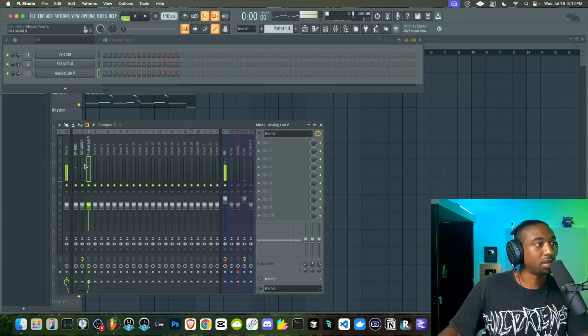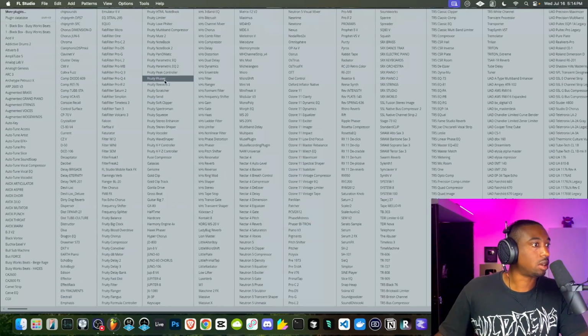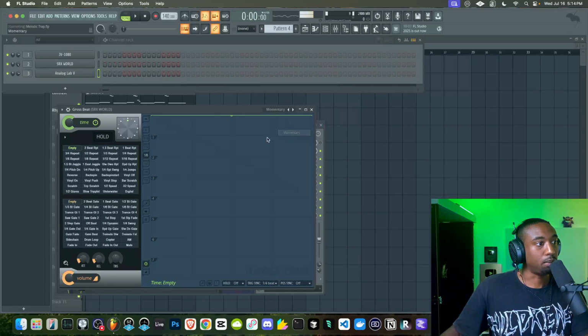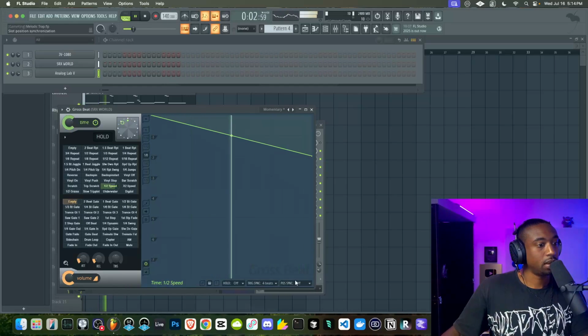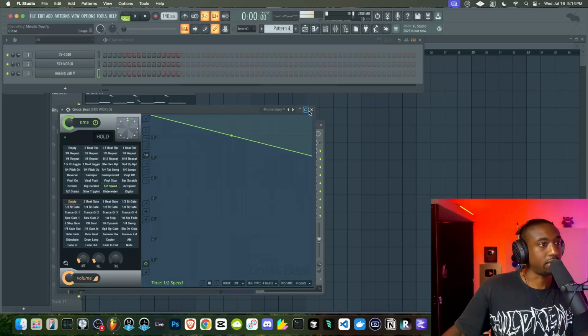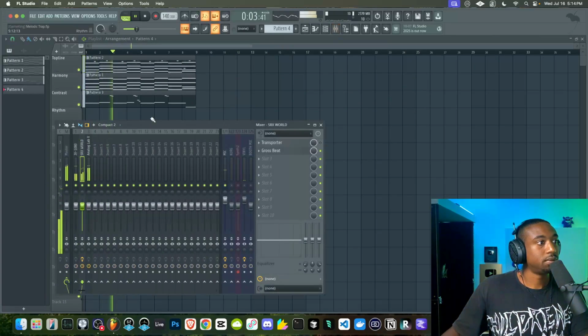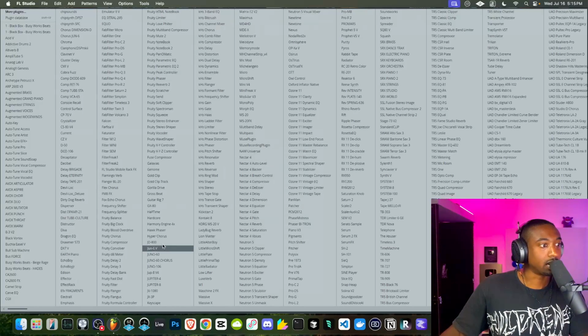One more plugin to mess with is Gross Beat. Now again, this melody's moving kind of fast, so adding Gross Beat halftime might not work with this rhythm. Let's go to preset, momentary, half speed. But now that's that Travis Scott type sound. Now for the brass, let's make it more Travis Scott-esque. Let's add Hyper Chorus. This is a great plugin.